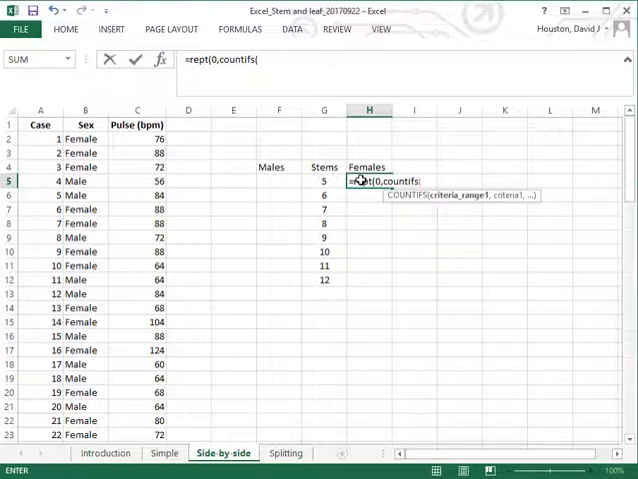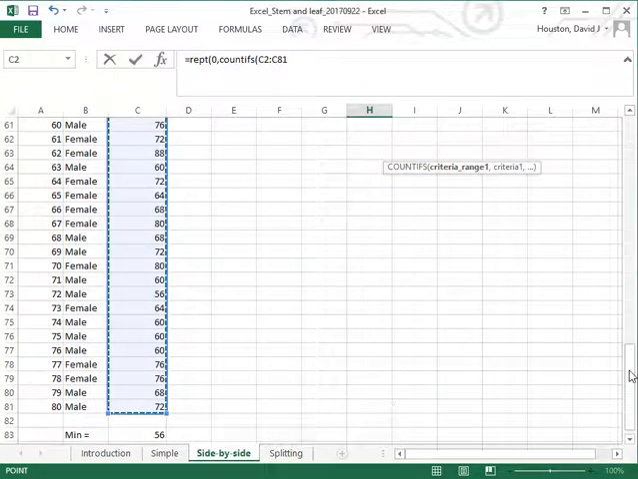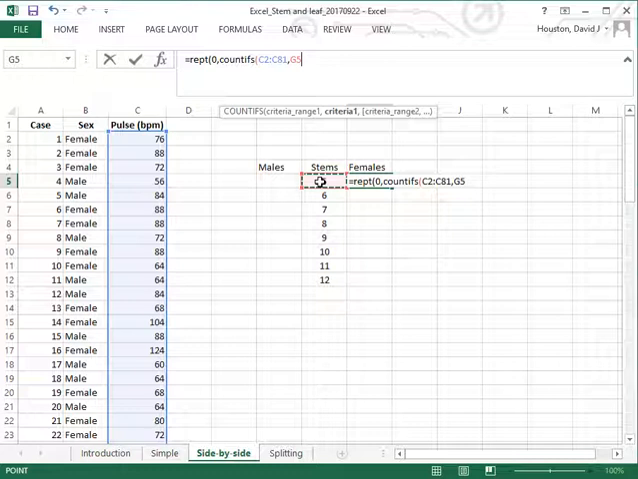Open parenthesis, and I'm now going to identify the data range that we are using, where the quantitative variable, the pulse, is. Once I specify the data range, I'm going to specify the criterion for this data range, and I will click on cell G5, that is where the stem is, and remember that's 5 tens, so I multiply that by 10, and now I'll add to that a value of 0. So if a case in the range of C2 through C81 has a value of 50, it's going to be counted towards this bin, comma,